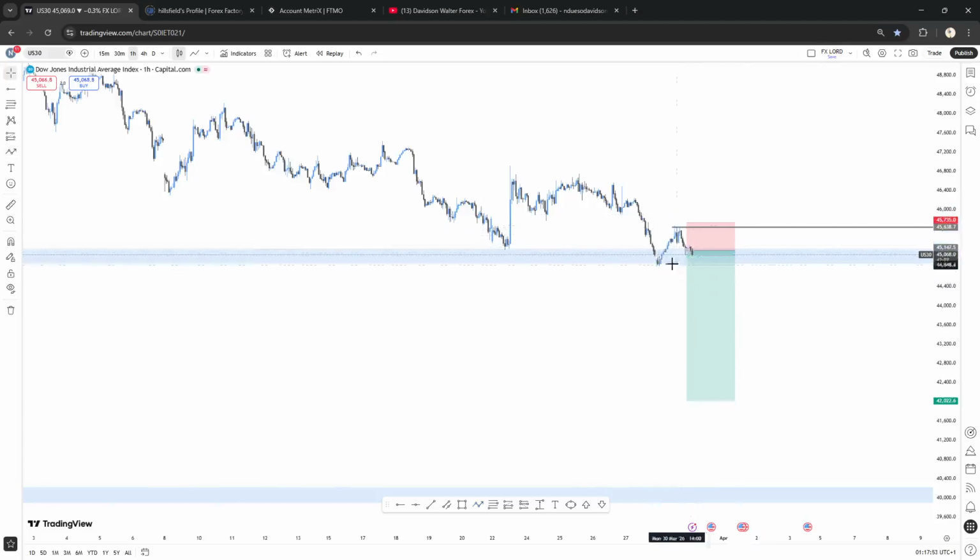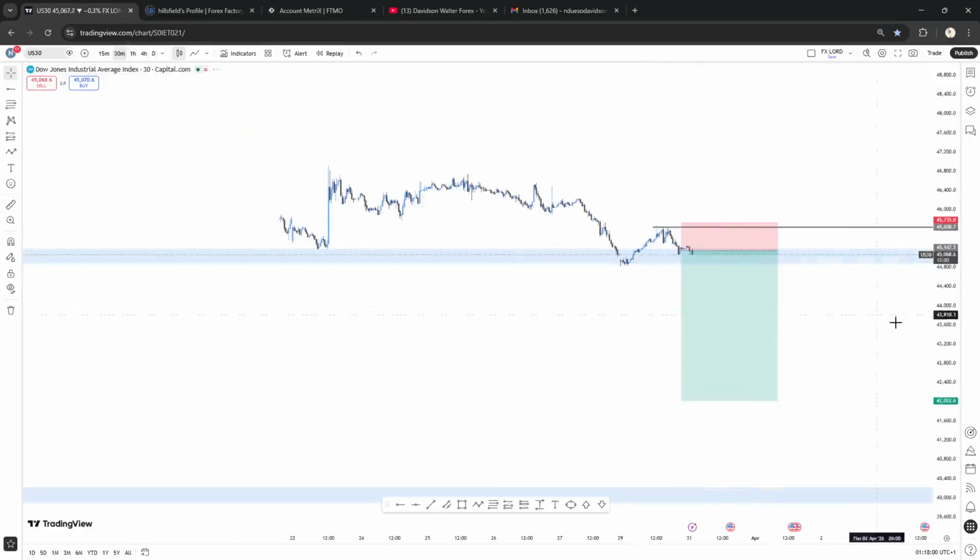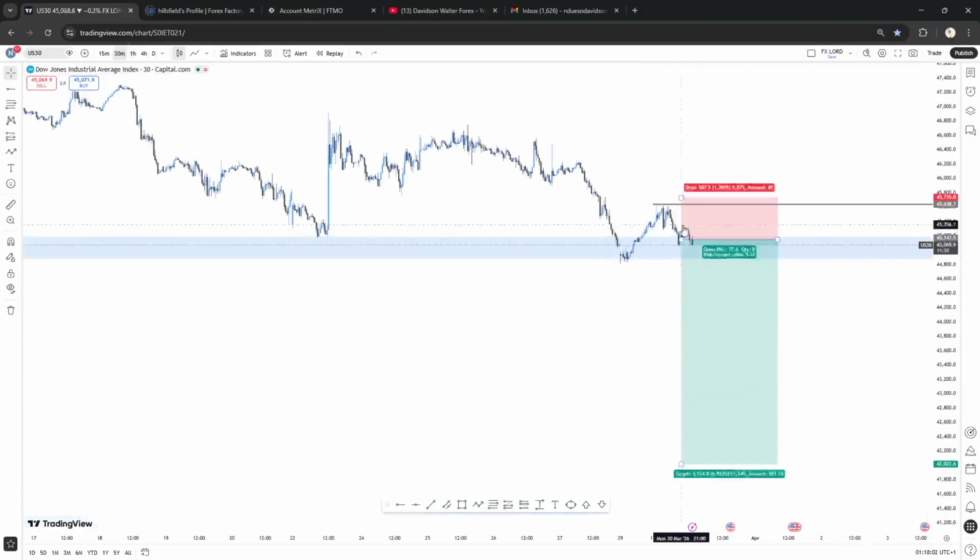So I came back to the chart this evening. I saw this correction, then I saw a continuation, and I went to the 30 minutes time frame. On the 30 minutes time frame, I was able to find my entry, with stop loss above the previous high. Easiest way to play safe.